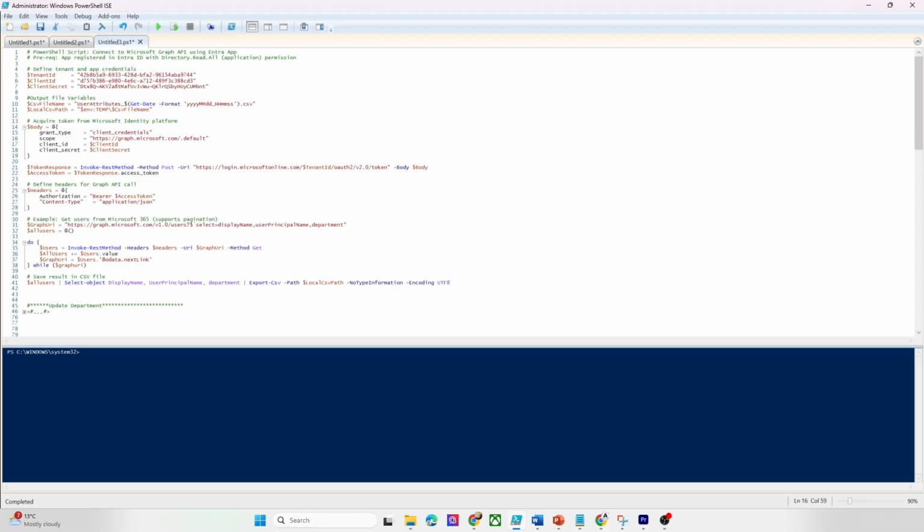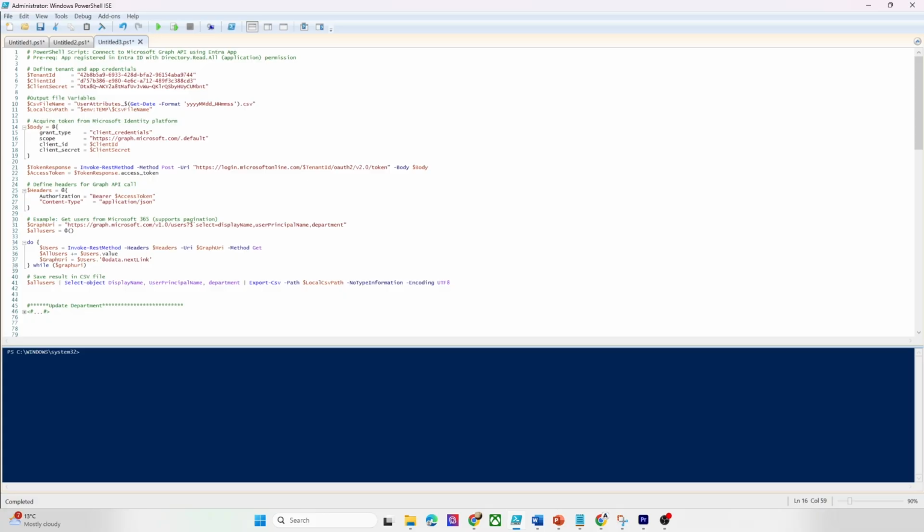In episode 3, we are moving from read only reporting to automated delivery. We'll email our CSV report straight from the shared mailbox and save a copy to SharePoint, all with the same access token. In episode 1, we generated a report which gave us all the users with the three attributes: display name, user principal name, and department. In this, we will convert that into a CSV file and we will email that and also save it to